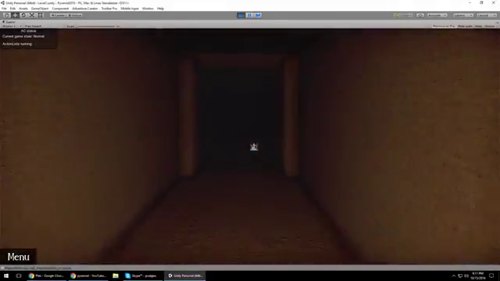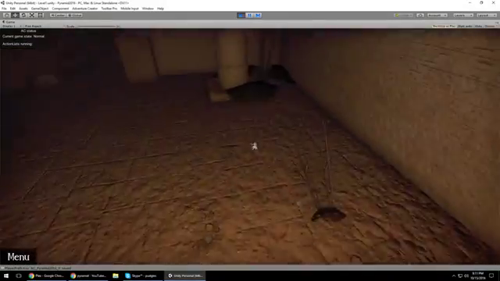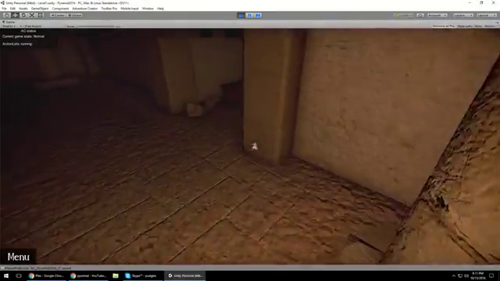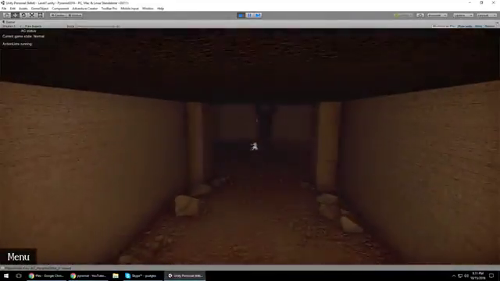Anyway, you get the idea of what the world is going to look like, things you can interact with. You crouch to get through some of these